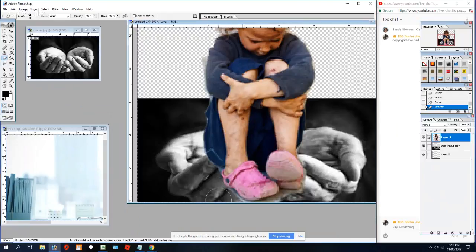I like to try and get right into the edges to try and just trim it up really good.